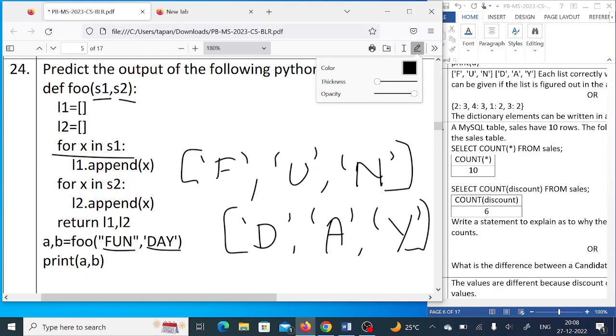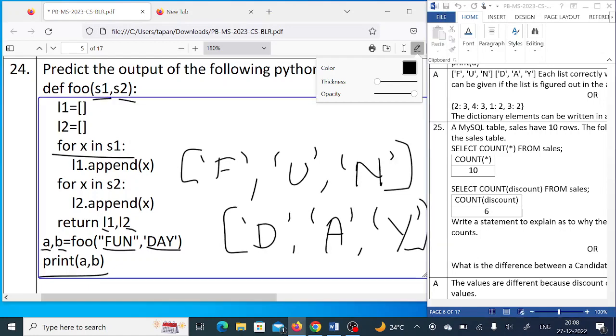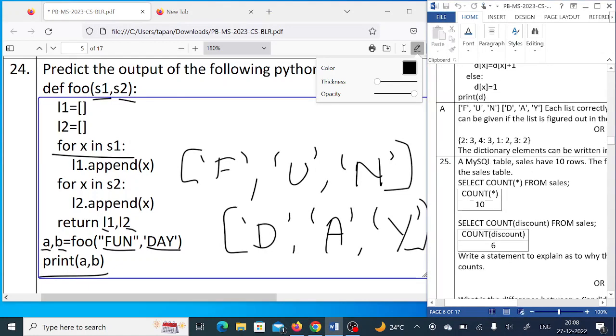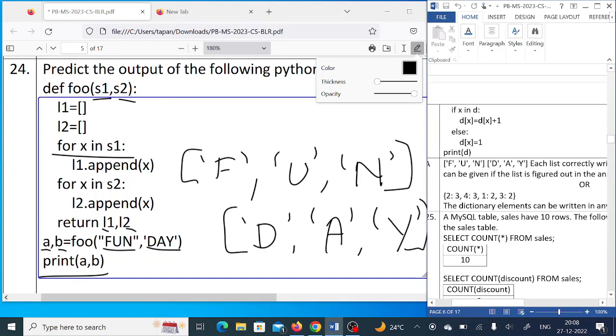So, now finally it is printing. A will take the value of L1 and B will take the value of L2, and it is printing A comma B here. So, in the same row it will print fun and day. Here you can see fun and day will be printed in the same horizontal row. Next question,